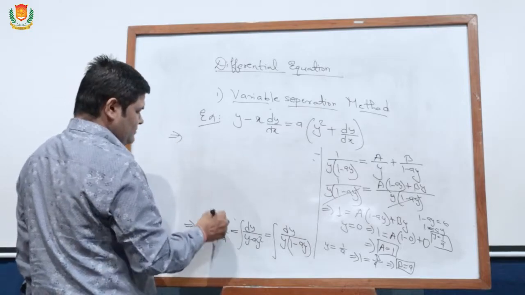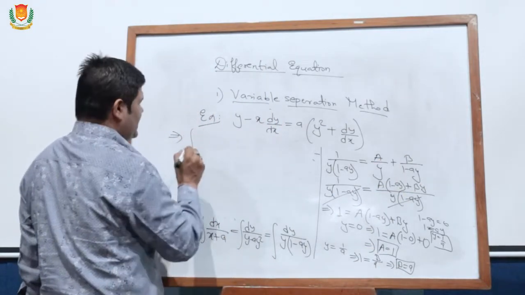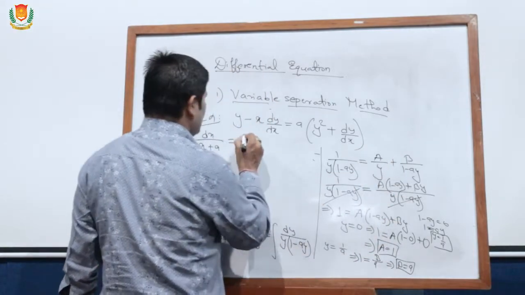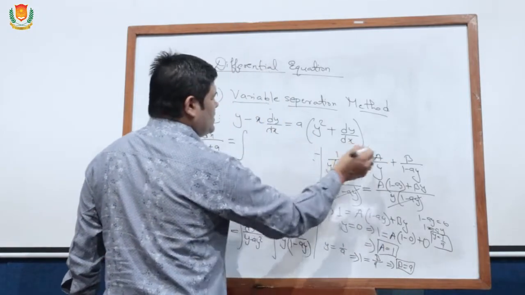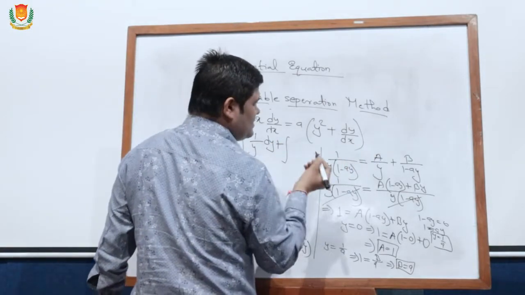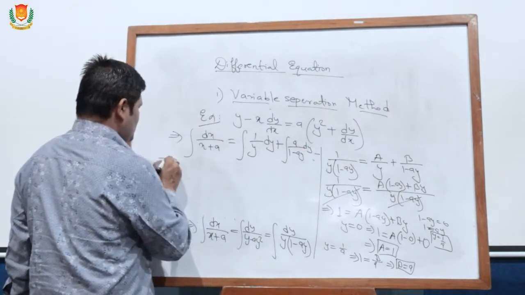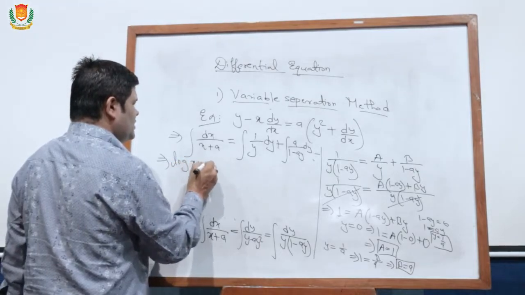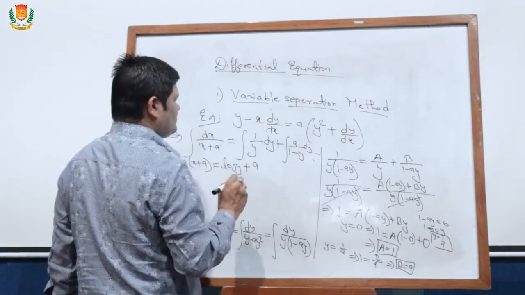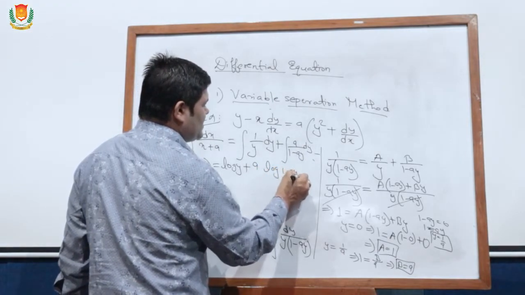So this turned out to be the partial fractions, and we have the values of a and b. Then I write again: dx upon x plus a as it is equals, and we put the values of a and b here. On integrating, with a equals 1, we have integration of 1 upon y dy plus integration of b, which is a, so a upon 1 minus ay dy. On integrating this, log x plus a equals log y, plus a is common, and the integration of this one is log 1 minus ay